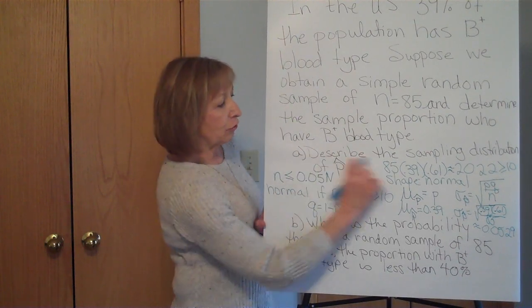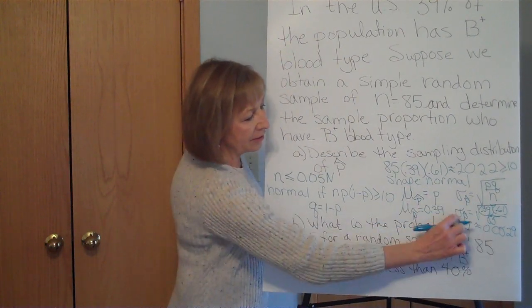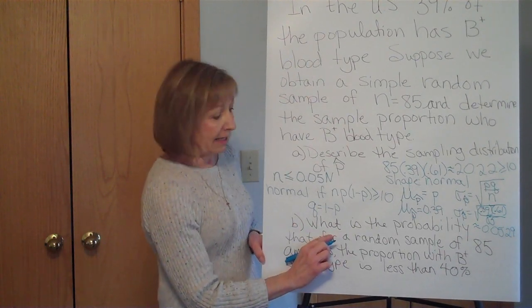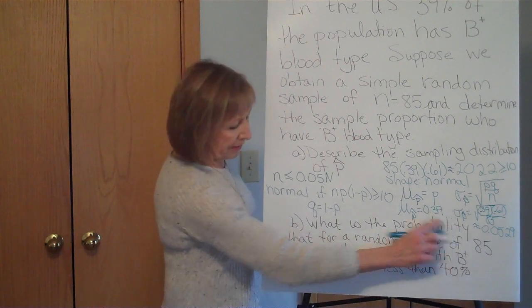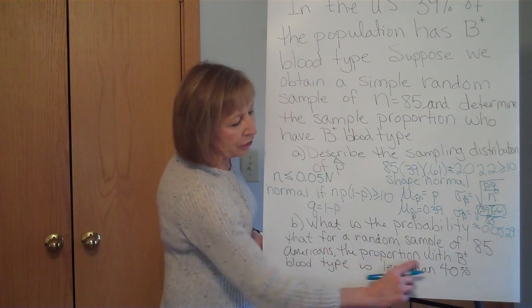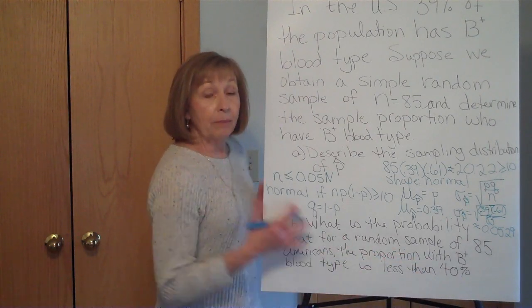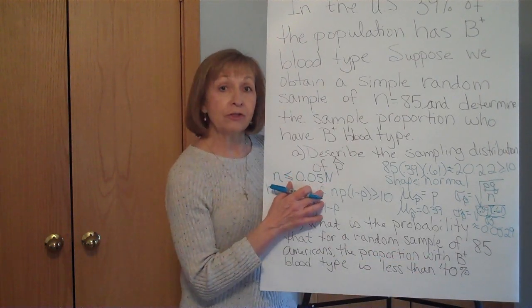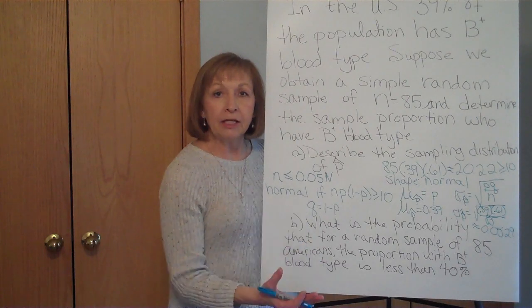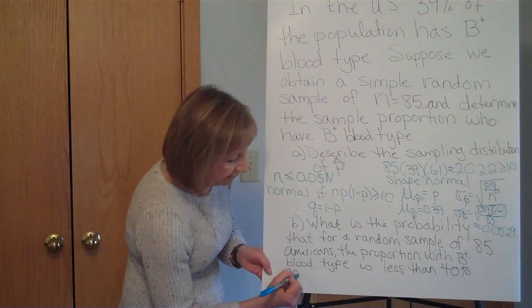So there's our describing the sampling distribution. The shape, the center, spread. Next up, what if they ask us about probability of a sample proportion? What is the probability that for a random sample of 85 Americans, the proportion with B positive blood type is less than 40%? Now, because we did this work with describing the distribution, and we saw that it's a normal distribution, and we know its mean, and we know its standard deviation, we can use the normal CDF in order to find this probability. So we'll do normal CDF